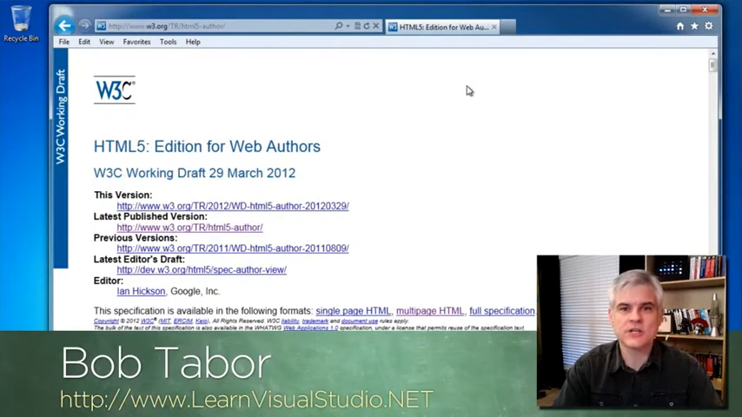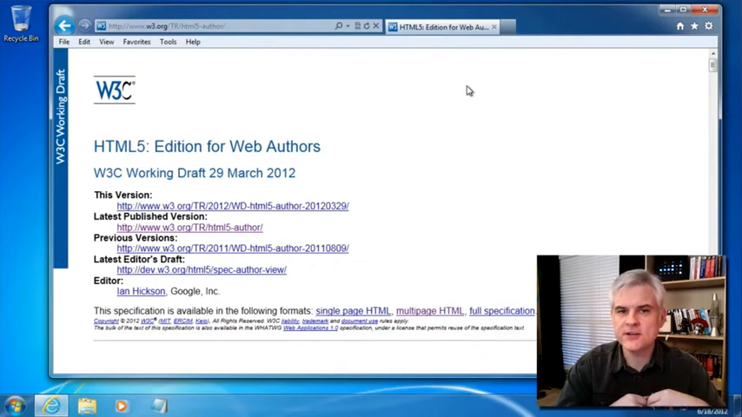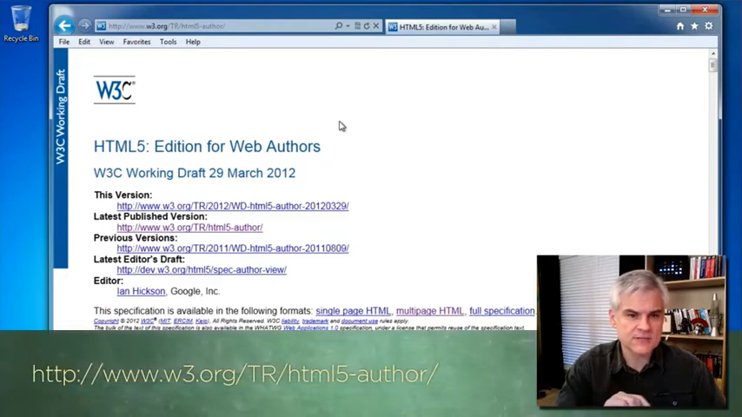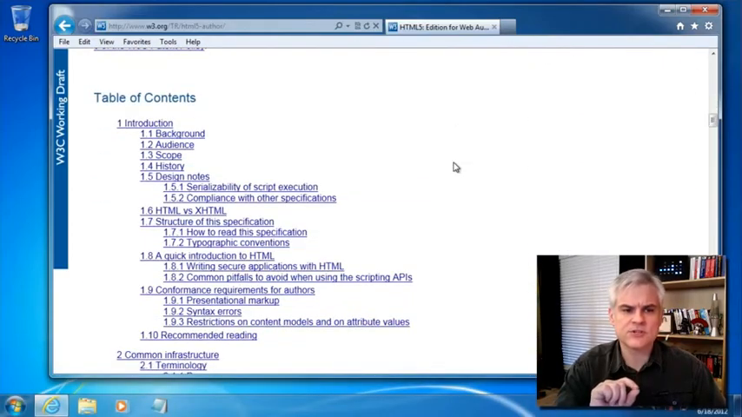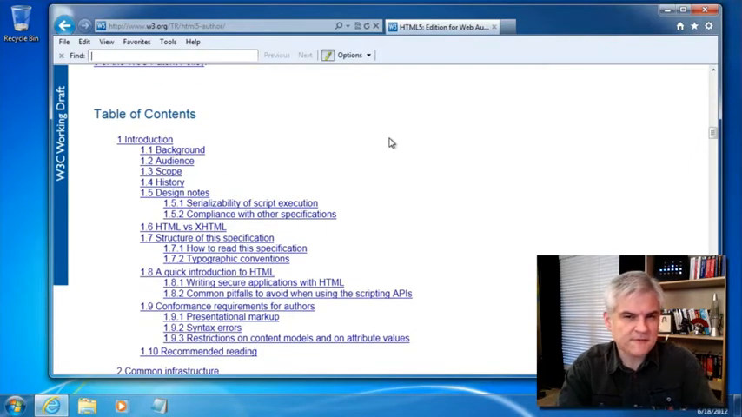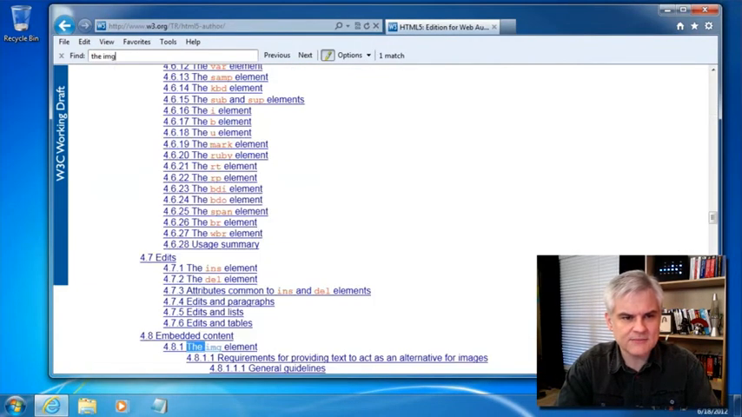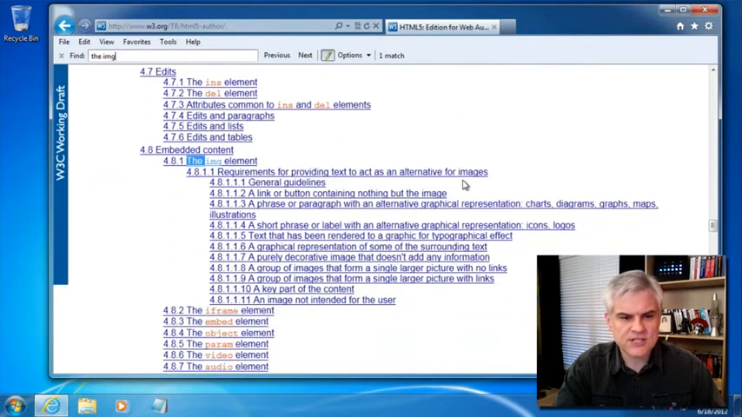In this lesson, we're going to talk about adding images and figures to our HTML5 documents. So let's go ahead and start with the image or IMG element. And just to remind you, we're looking at a version of the specification called HTML5 Edition for Web Authors. I'm just going to scroll down to remind us that we're searching on the table of contents. I'm going to hit Control F on my keyboard to bring up the Find toolbar. I'm going to type in the IMG, and that'll bring us to a section of the table of contents specifically